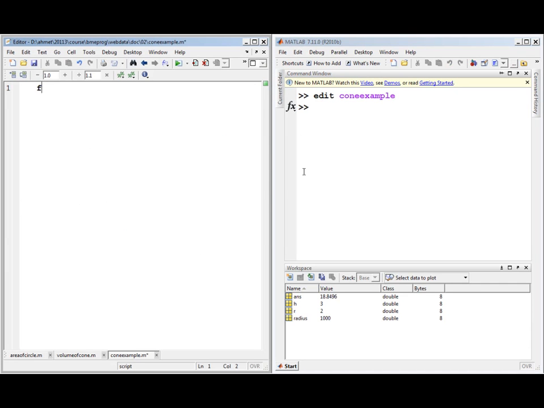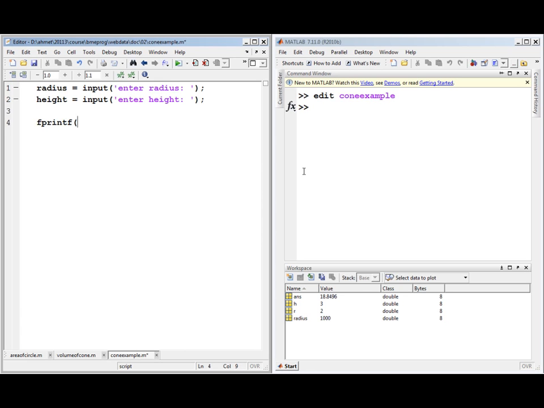Now we no longer need the function header since we are trying to write a script. Let's ask the user for an input, enter radius, and store the number that the user will enter in the variable named radius. We will repeat this for the height, ask the user to enter the height of the cone,